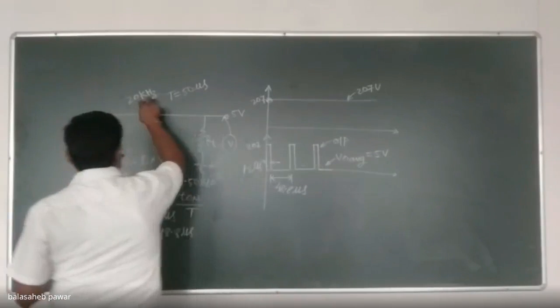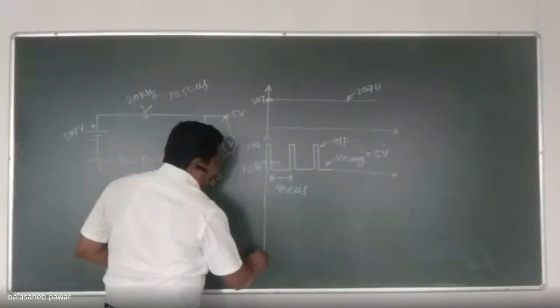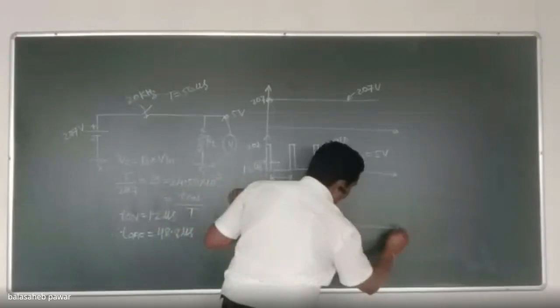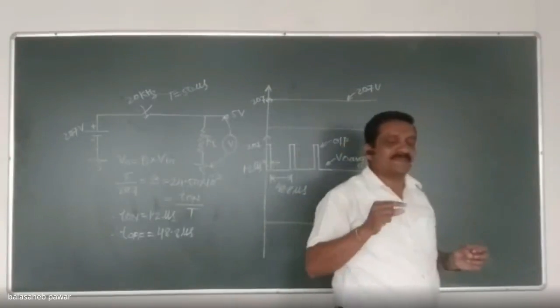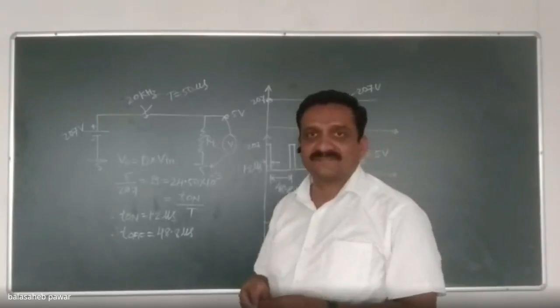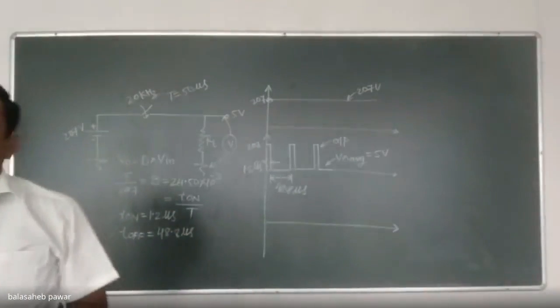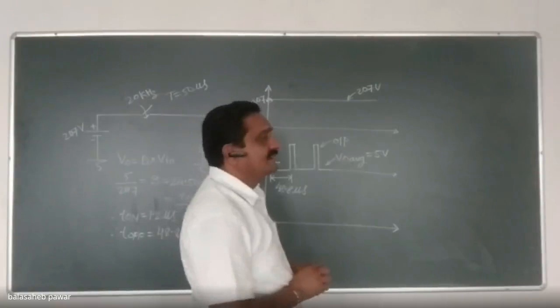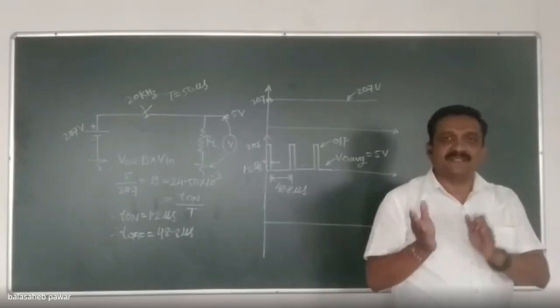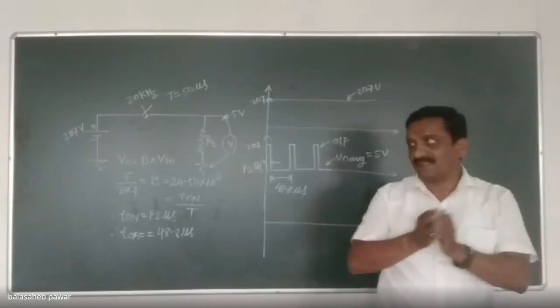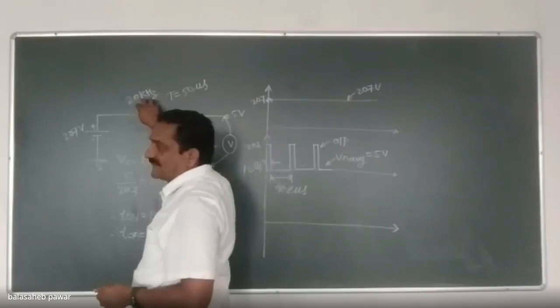Yes, sir. Okay. Now, this is our electronic switch, that is, the transistor. How can we turn it on and off? By applying the gate pulses. If we consider that transistor as a MOSFET, how much should be the amplitude of that gate pulse? That also we discussed last time. The amplitude of that gate pulse should be maximum. Why? Because that MOSFET should work in its ohmic region as an on switch, so that the drop across that switch will be minimum, right?